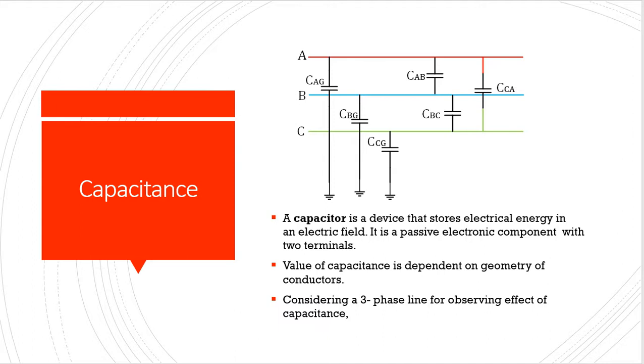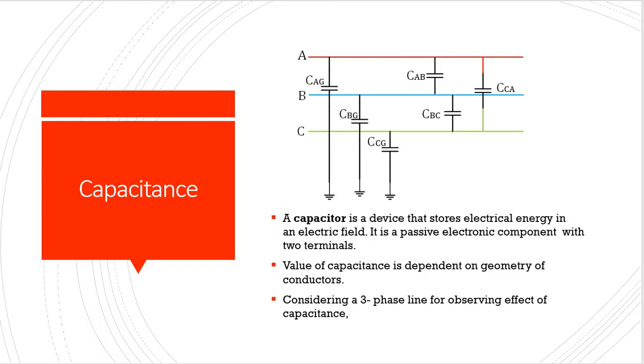Now we will move on to the capacitance, because I will go through the inductance in a very detailed manner in the upcoming lectures. Now we have taken this phenomenon of capacitance in the transmission line. By undertaking this phenomenon of capacitance, first of all we consider a three-phase line, right? This is basically a three-phase line in which line A, line B and line C are connected, and across these lines there are several capacitors that are forming a structure. We will go through it in detail. But let me first elaborate what a capacitor is.